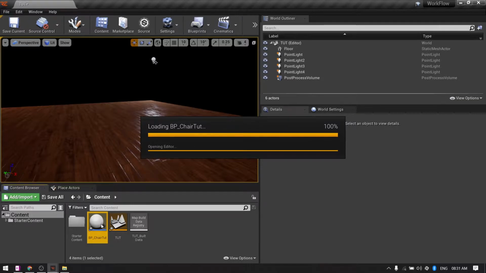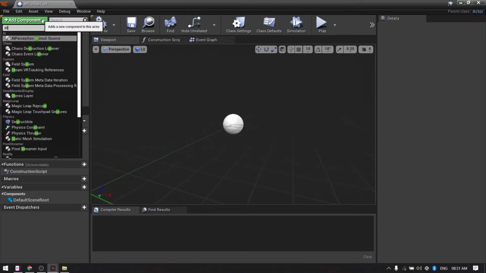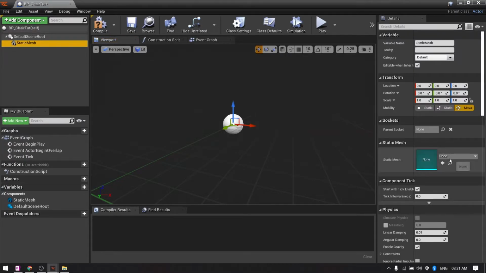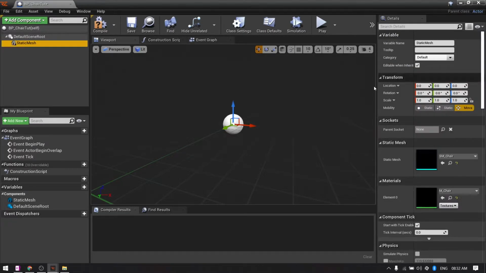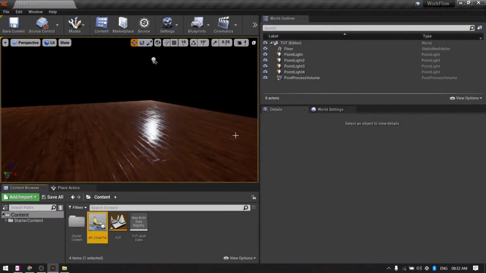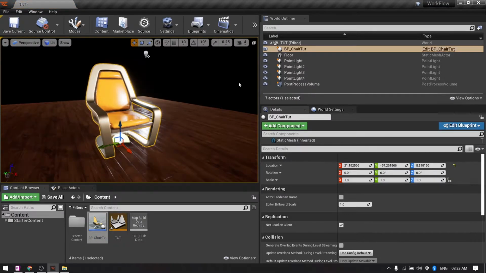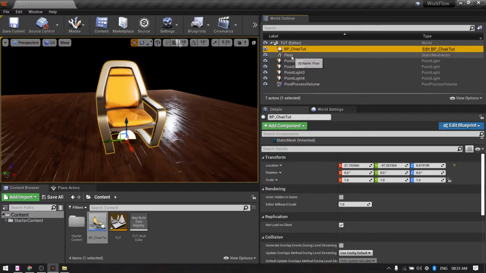Let me just open this up, and in the scene I will add a static mesh and over here I will just select the chair, hit compile and save. If I close this, if I drag the chair over here, we have the same scene as before, only this time instead of a static mesh we have a blueprint.